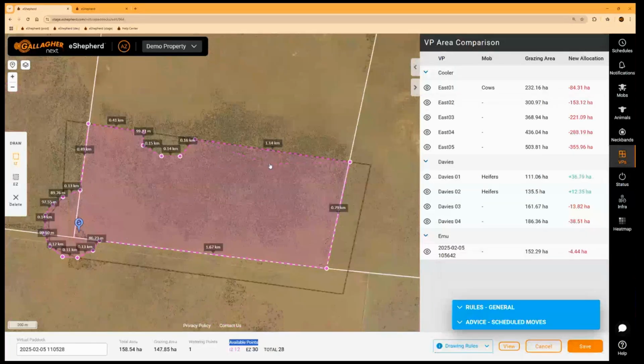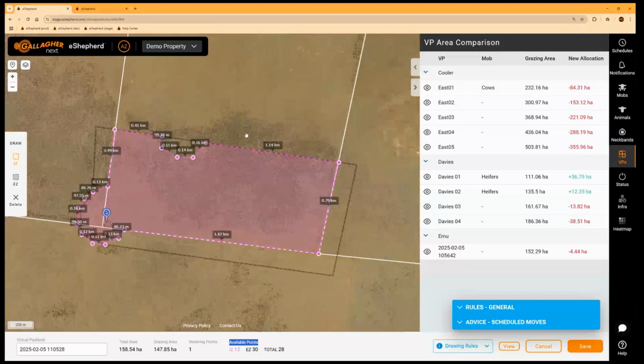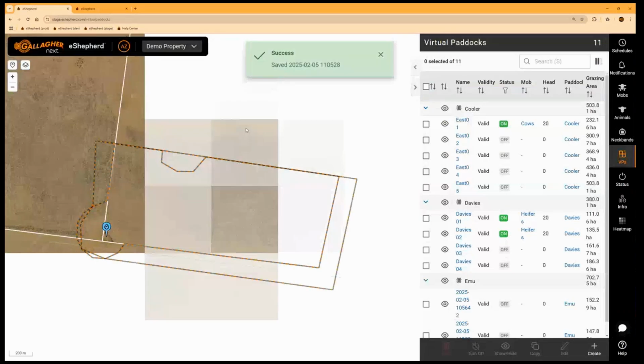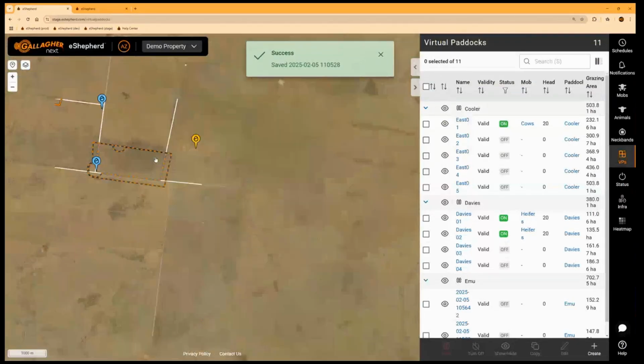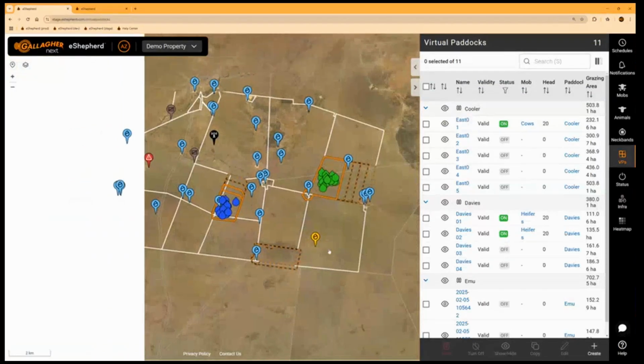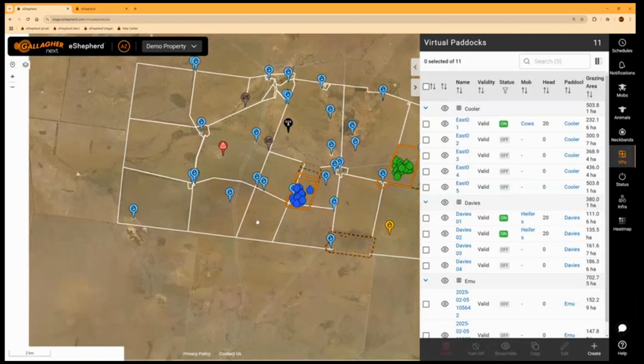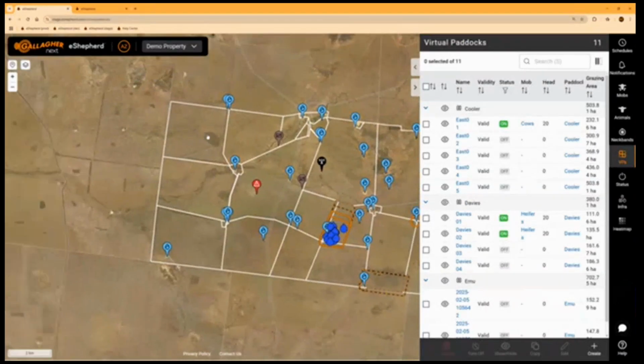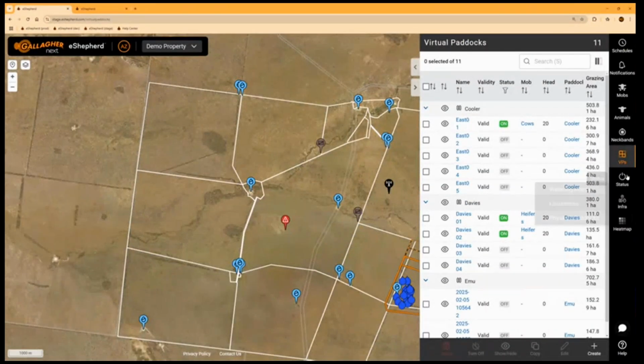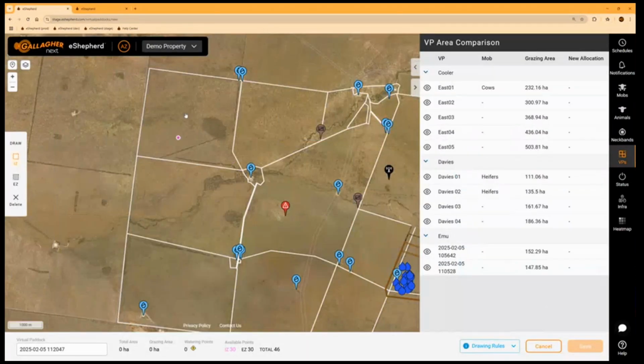Yep, Zippo, I've got a question from Pamela. Thank you, Pamela, about exclusion zones. Zippo, I was wondering if you could just jump into one of your virtual paddocks there and give us a quick demo if you've got an exclusion zone within an actual paddock. So you might have a waterway, some sheds, some infrastructure, or even a bore with a tank around it that you want to exclude. If you don't mind just giving us a quick demo on that. And the question is,